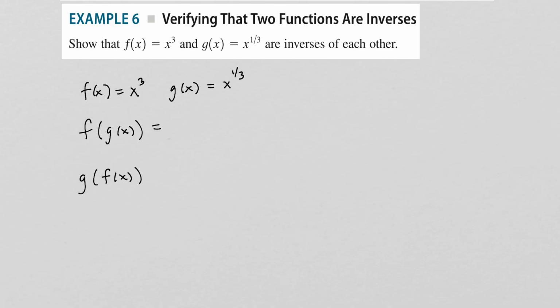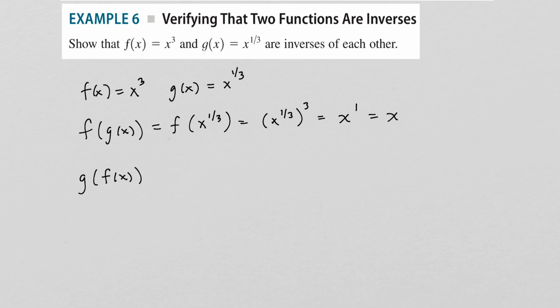So f of g of x is going to be taking g of x and plugging it into f of x. So that's going to be f of x to the 1/3. And when you plug x to the 1/3 in here, you get x to the 1/3 to the 3rd. And of course, this is x to the 1 because we multiply these powers together,